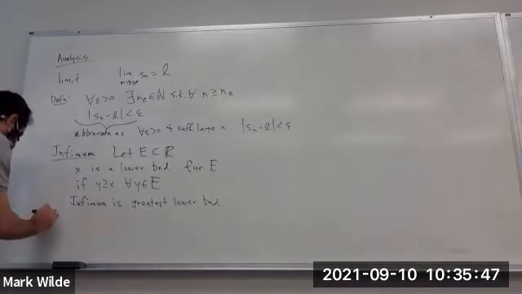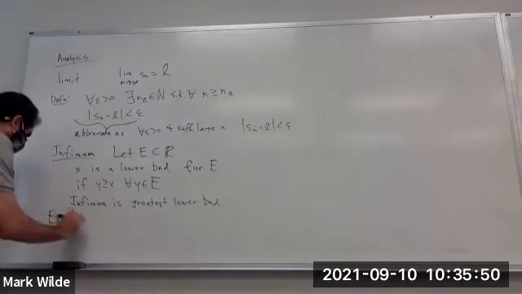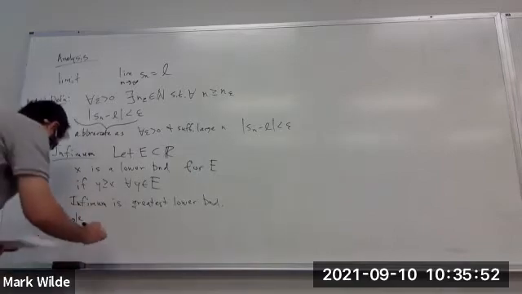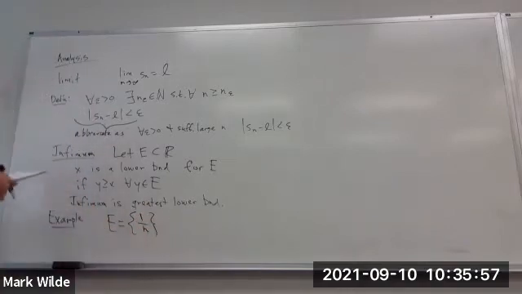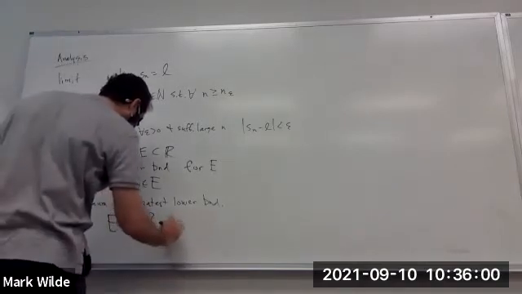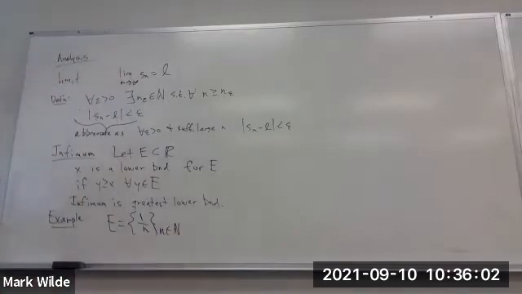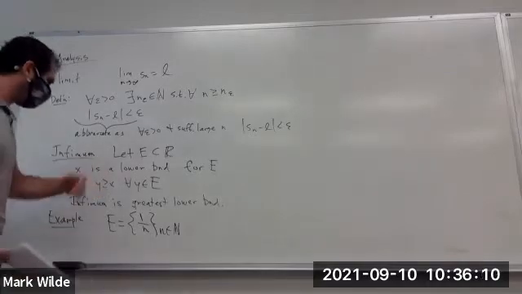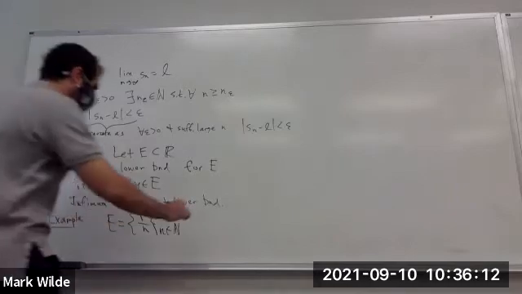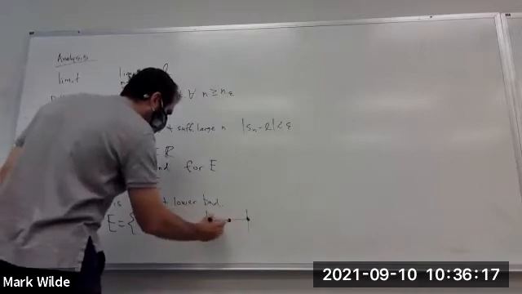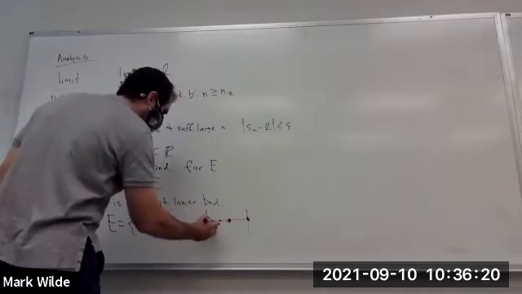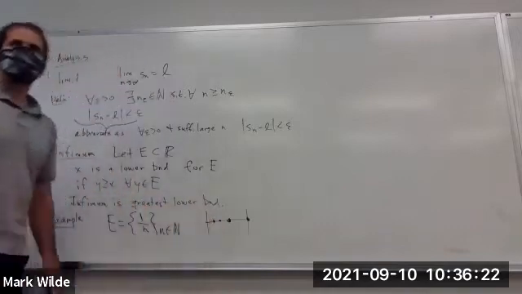So an example would be: let's take the set E to be the harmonic sequence, right? And so this is a legitimate set, right? It's a countably infinite set. And the question is, what is the infimum of this set, right? Well, you can like draw it, right? So here's one, then the next one is a half, then the next one is a third, and then et cetera,